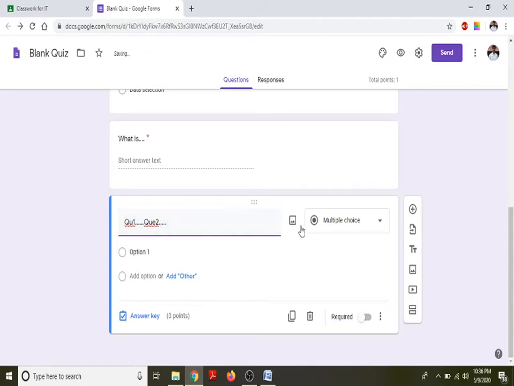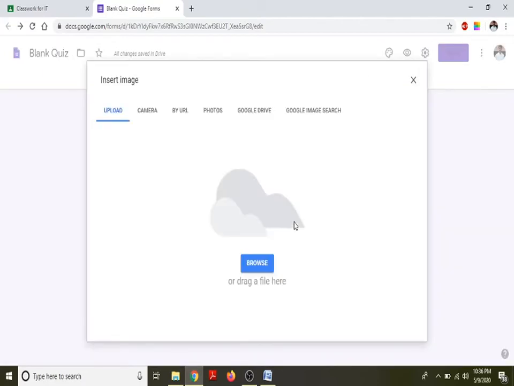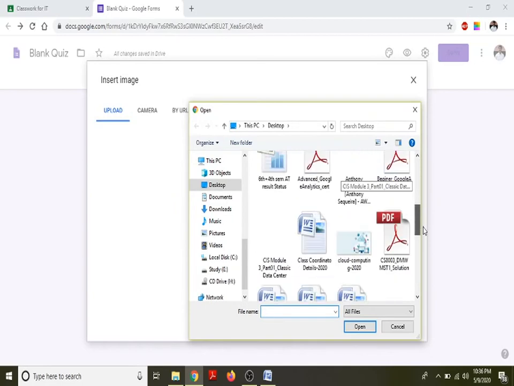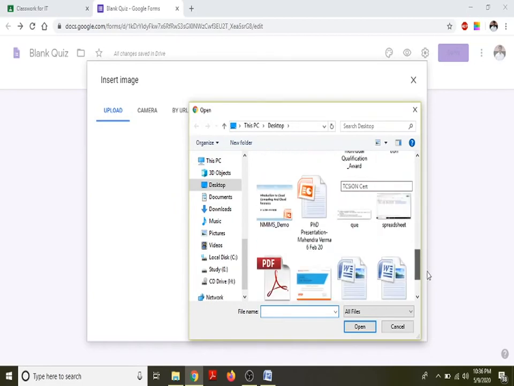A better approach can be, you can see this icon just alongside the question. You can click on that and you can upload an image from your desktop, which will consist of the 3 questions.